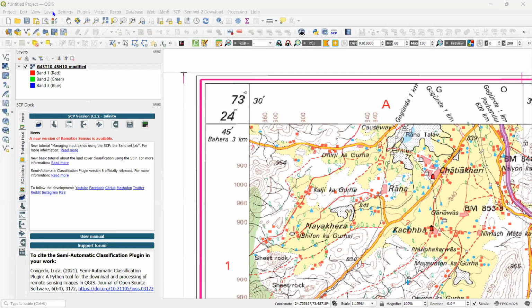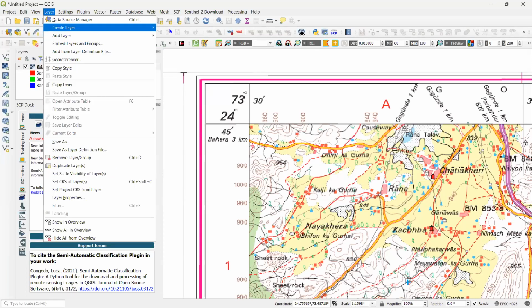So go to the layer, then click on create layer and then click on